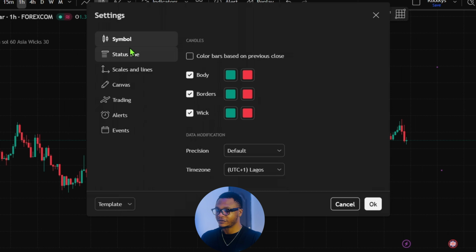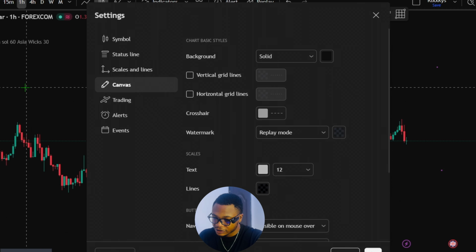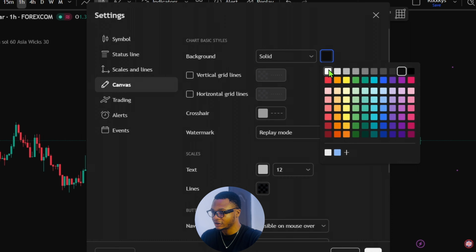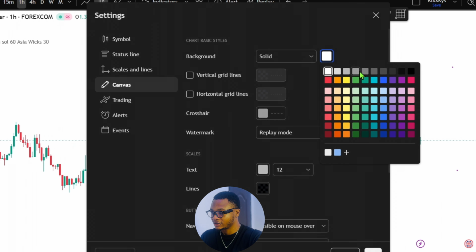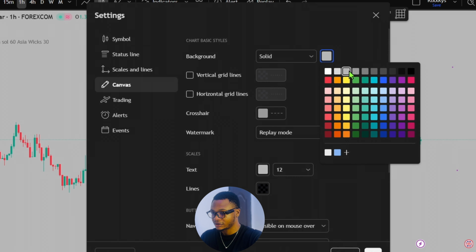So for example, if I don't want these grid lines on my chart, I will go to canvas and I will go to where you see vertical grid lines, horizontal grid lines, and you just tick it off. I can see it disappeared from the chart. You can see it has disappeared. So if I also want to change the color of my background, you can see I can change it here. I can change it to white, I can change it to gray, I can change it to whatever color I really want. I will go with something like this,